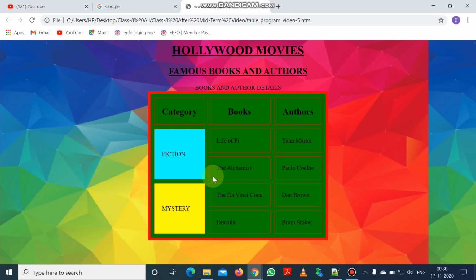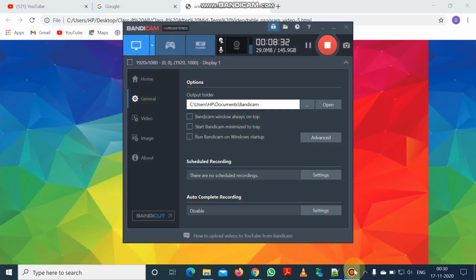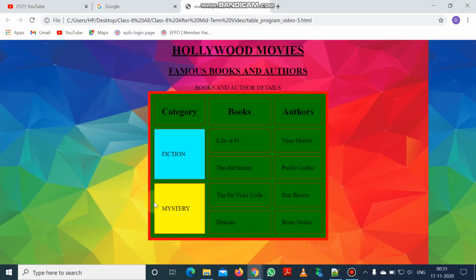The third row will be the Alchemist and Paulo Coelho. The fourth row will be mystery, the Da Vinci Code and Dan Brown. And in the fourth row we will use the row span attribute, and the last row will be Dracula and Bram Stoker. So now you can understand this is the structure of the table.